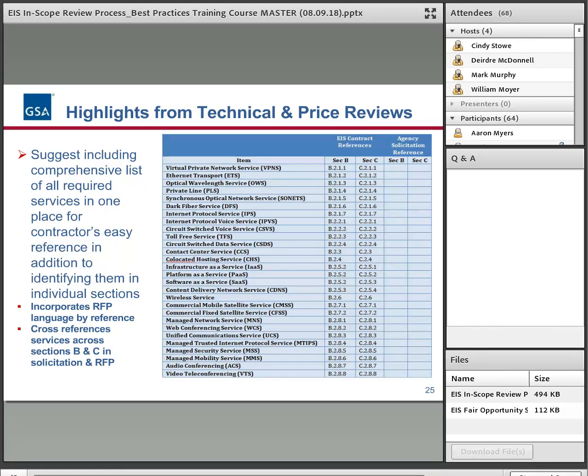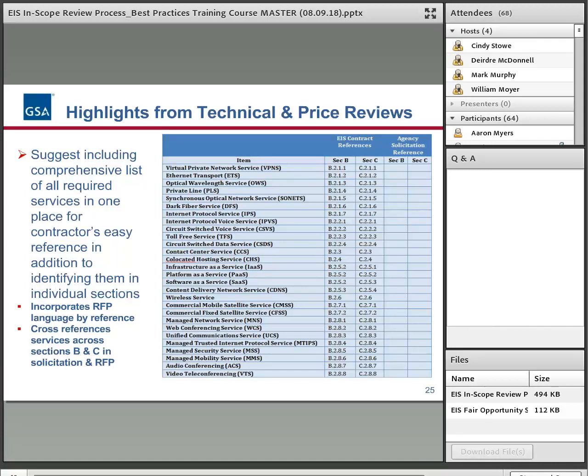Also, we recommend if you deviate from what's in the EIS contract, tell the vendor somewhere up front where you're making those deviations, like in technical requirements. Because especially if you've got a 500-page solicitation, they could easily miss that if it's buried in the contract somewhere.